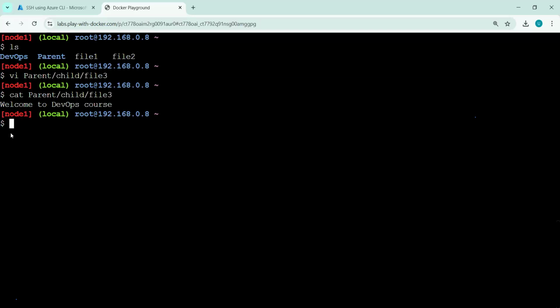Now yesterday we learned about renaming a file. So let's see. I want to rename this file. I can copy this using Control Insert and then Shift Insert. And then I want to rename file 3 to a new name, and I will give a new name like new file and press enter. So now if I try to cat the previous file, I can use the up arrow.